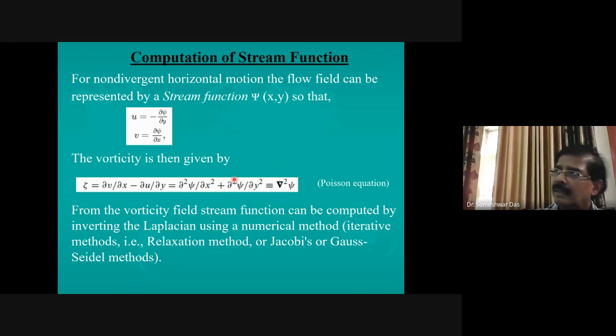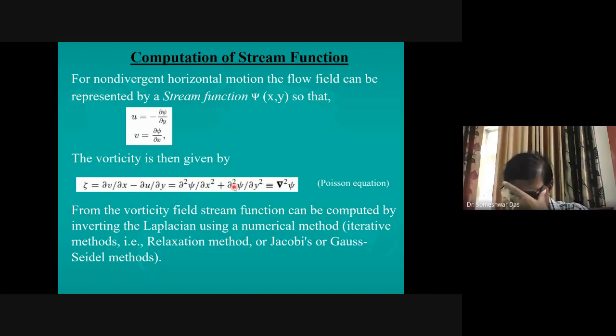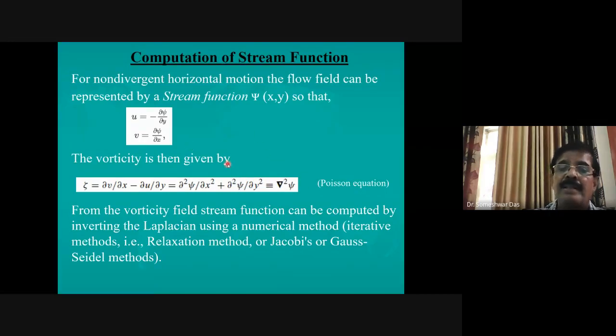Okay. There is another equation also, del square phi. For geostrophic vorticity, you have to see it in the dynamic meteorology book. So you can use phi, the geopotential, in some other cases, but in this case you are using psi, del square psi equal to zeta, which is theoretically established as the definition for the stream function. So this is the simplest way to calculate the stream function. This is the simplest way.